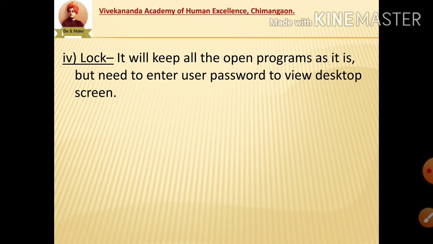So I lock my computer and leave my place. Once I am back, I need to enter the username and password to resume my work.